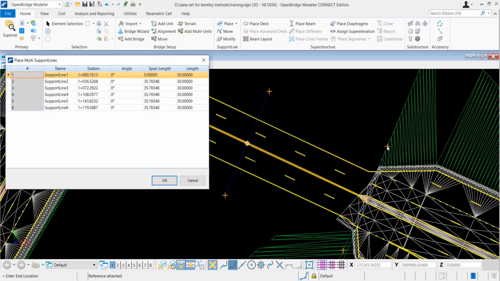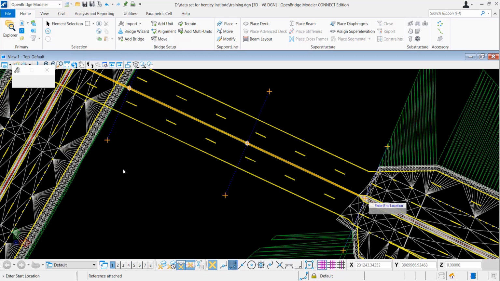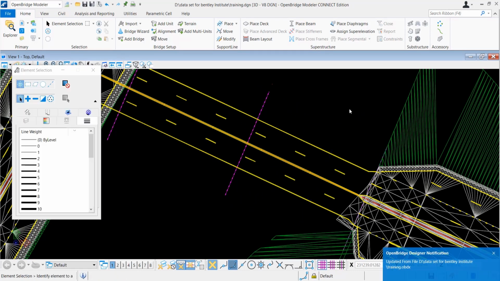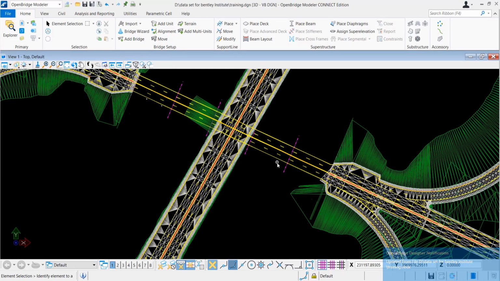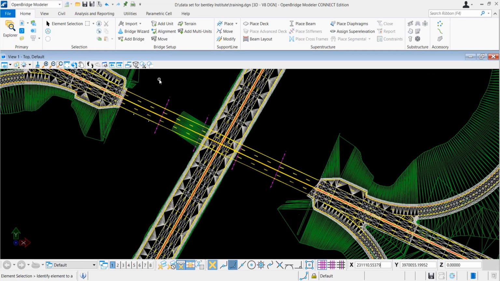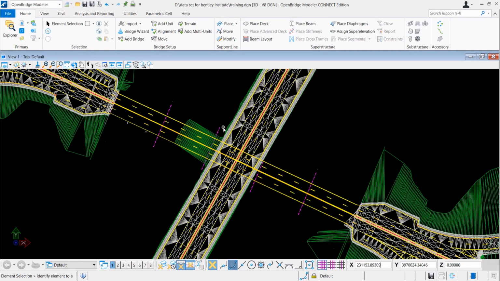In this table you can see the span length, because it is uniformly placed, and the angle of your pier. These angle and station options you can edit anytime. Let's say we place the support lines and exit by right clicking. Then I'm thinking to skew my pier.